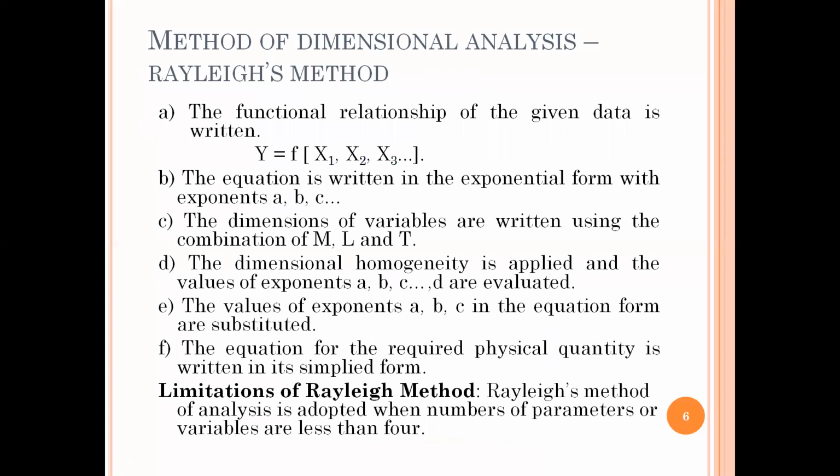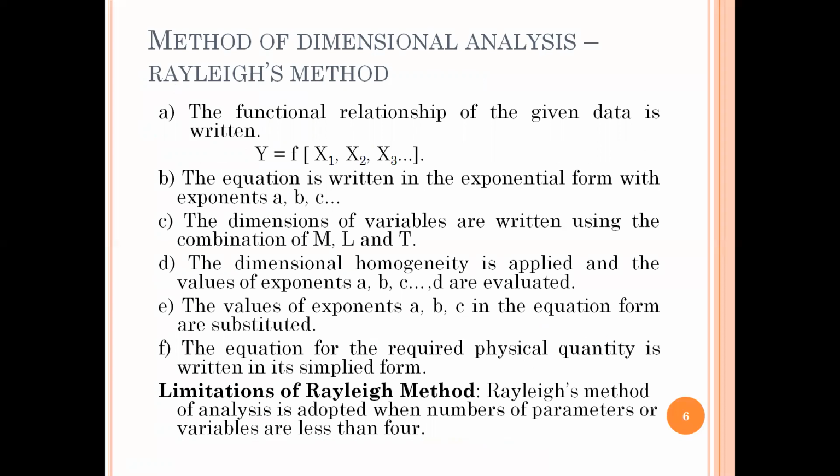Now we are going to deal with two methods for dimension analysis. The first is Rayleigh's method. It's a very simple method. The second method is Buckingham Pi method. It's a little confusing, so we'll go step by step. First we'll deal with the Rayleigh's method. I told you I'm explaining everything with an example so that you can better understand it.